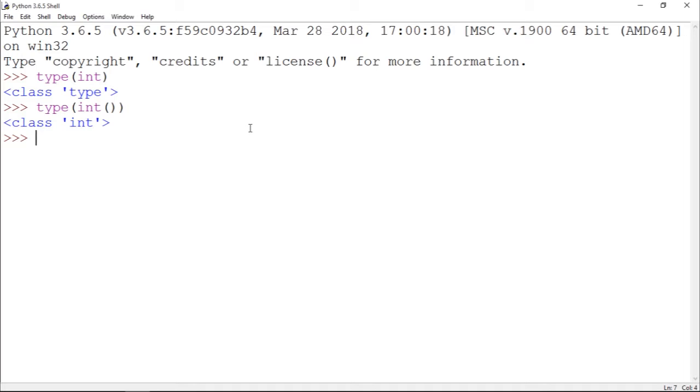Okay, so to show you guys that, we're gonna create an example, and I'm pretty sure you guys already have had this trouble before when you read some age and it is actually a string. For instance, let's do that. So let's create number, which will be equal to input,